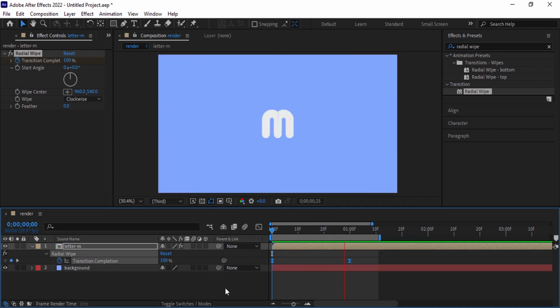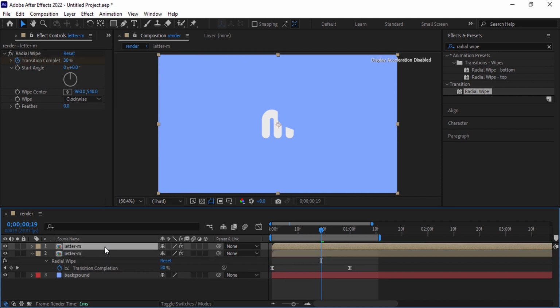Now I'm going to make multiple copies of this text layer so that we can distribute them at different timing. Select your text layer and duplicate it. I'm going to place this top layer a few frames to the right so that it will start appearing after a few frames.